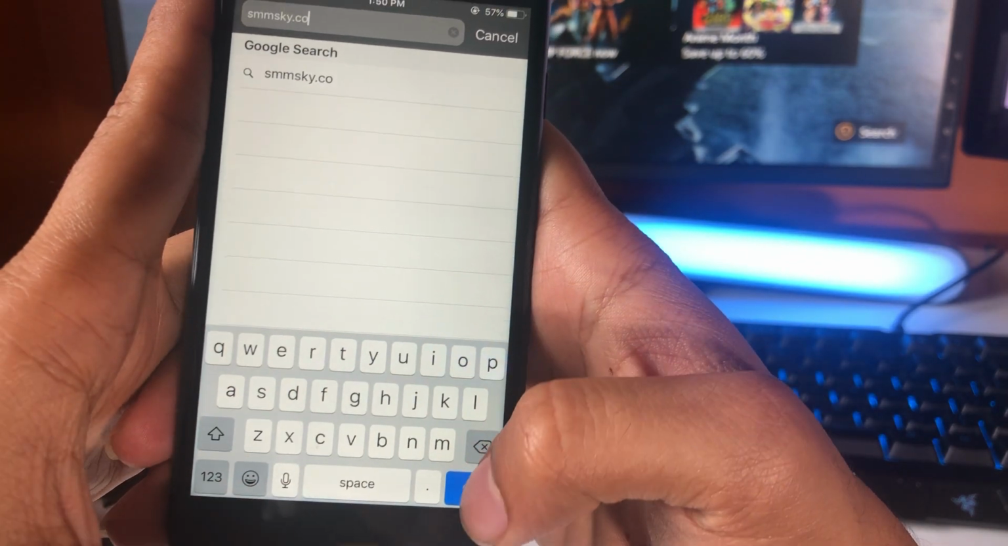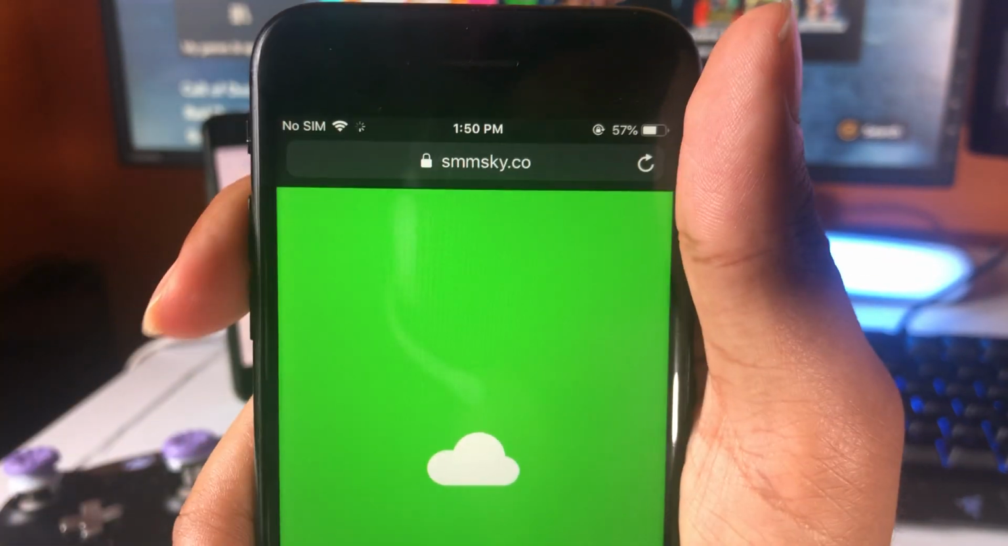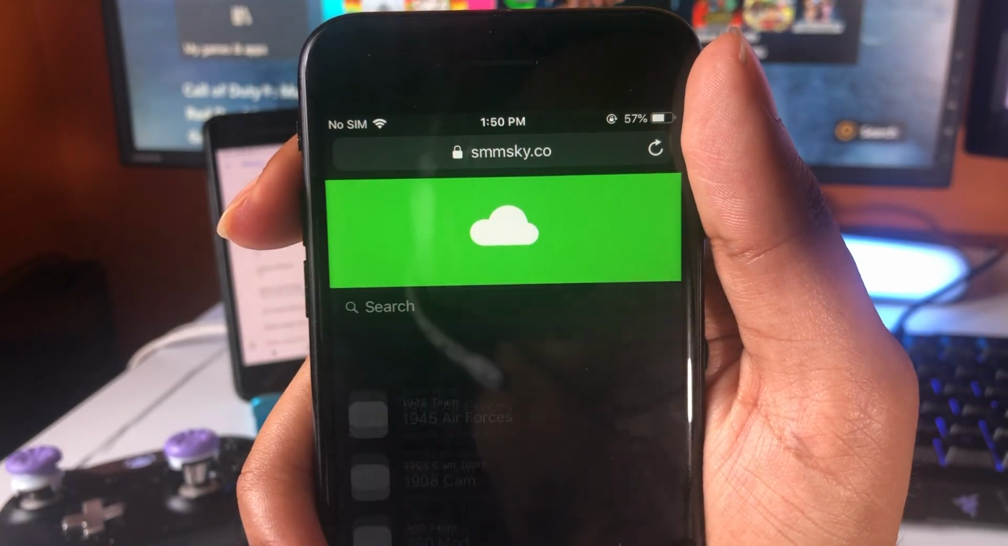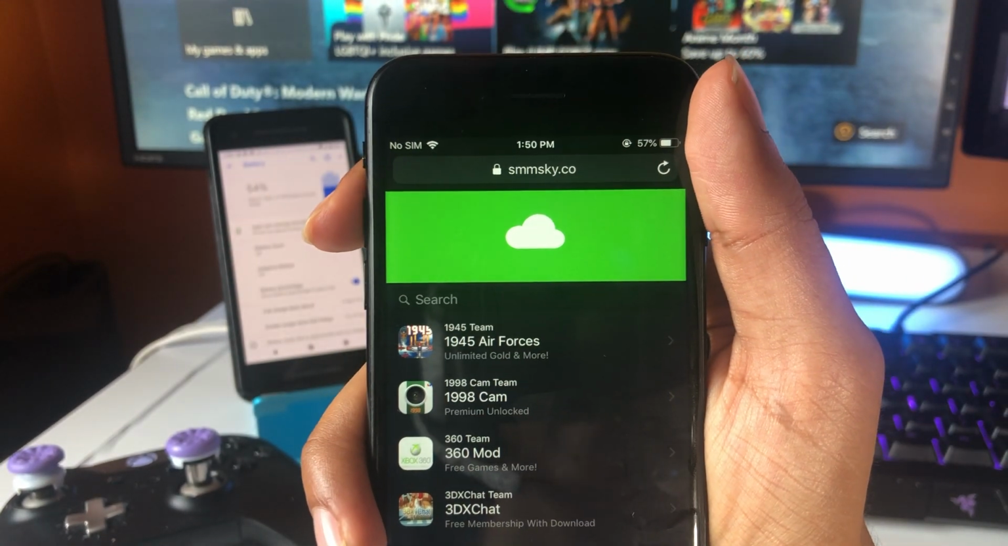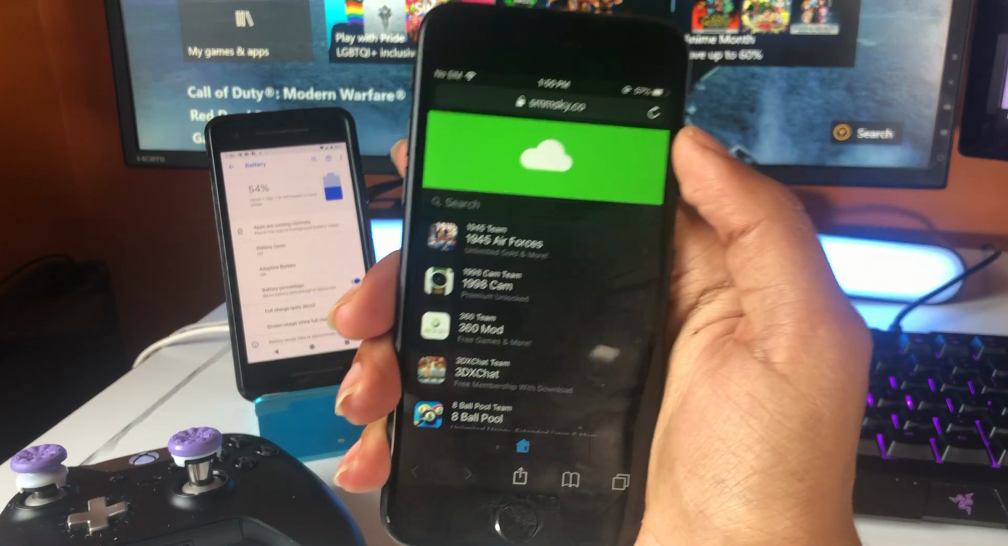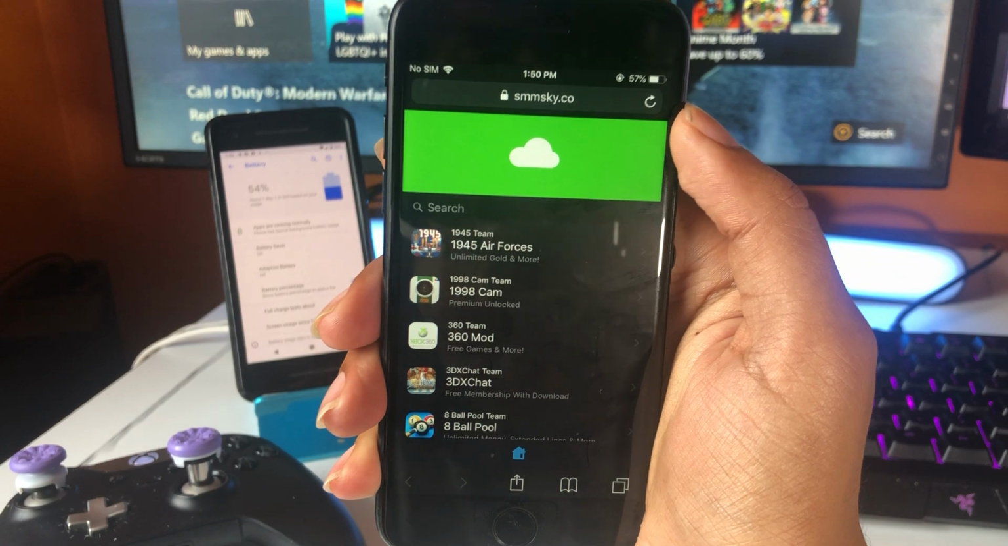It's called smmsky.co, everybody. So type this website in, smmsky.co. And what this is, basically, is a tweaked app store that's fully web-based, so we won't have to download anything onto our phone. So once we're on the website, all we're going to want to do now is go ahead and